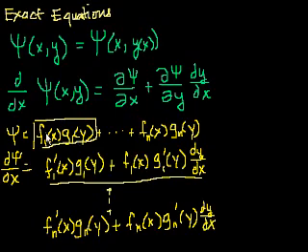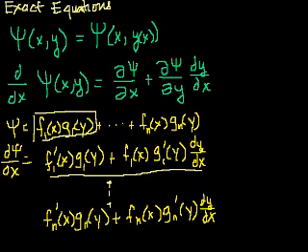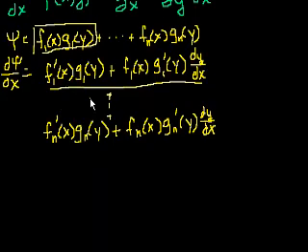Now we have two n terms. We had n terms here, right, where each term was an f of x times a g of y, or f1 of x times g1 of y, and then all the way to f_n of x times g_n of y. Now for each of those, we got two of them when we did the product rule. If we group all the terms that don't have a dy/dx on them, what do we get? If we add all of these, on the left-hand side, I'm just rearranging, it all equals